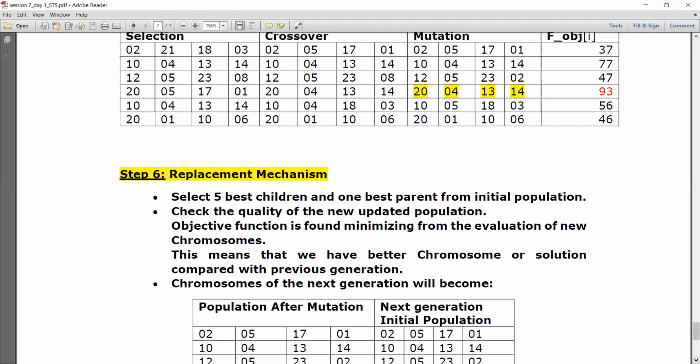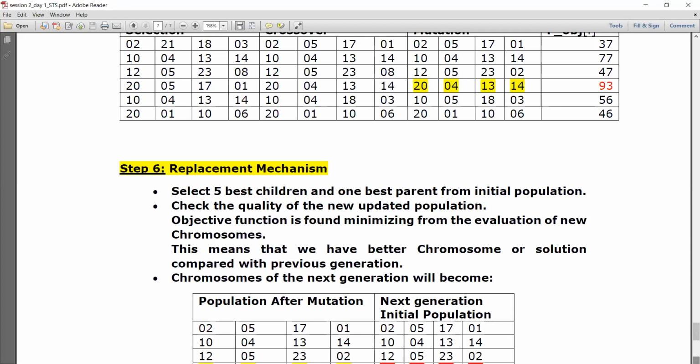For the first generation, I've got some F objective solution table. And now that F objective is replaced with some different values. You find the average of that F objective variable values and see whether it is minimizing also. Otherwise, you can find which is the most minimum value in that box. And here now it is 37. In the previous box it was 46. Randomly when generated it was 46. Now it has become 37 after offspring production. So this is the use of the reproduction process. Now we are able to improve the solution. We are not with a random solution. We are able to improve the solution.